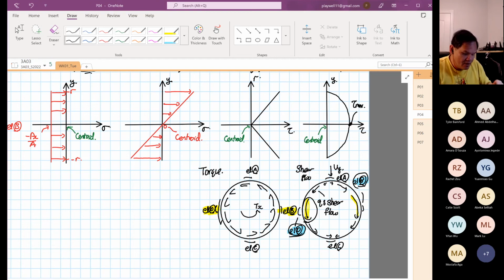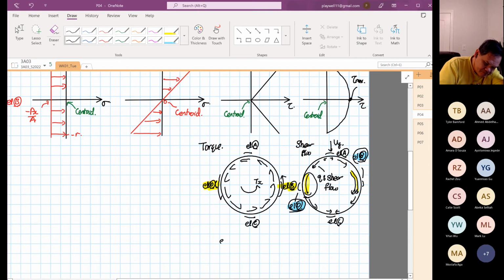same direction. In element B, the torque is generating in the so-called anti-clockwise direction, but the shear flow is generating in a what? In a clockwise direction. Okay, so therefore element D has the highest acting, okay, sorry, element D